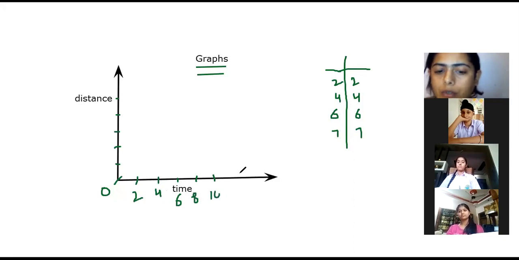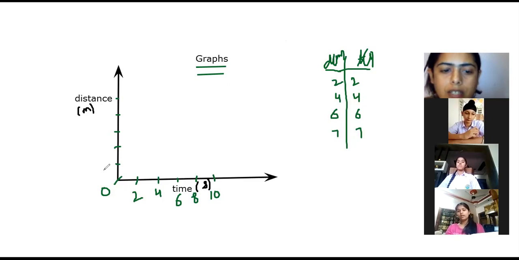One thing we have to take care over here, that in the graph also, like यहाँ पे हमने distance के आगे meter लिखा था, time के आगे we put the second. Similarly, here also we have to do the same. Where we have written time in the graph, we have to write it in the bracket second over there. And where we take the distance, we have to write it in the bracket meter. Fine. Then complete the scale on distance axis also. You can also side by side complete it onto your notebook.